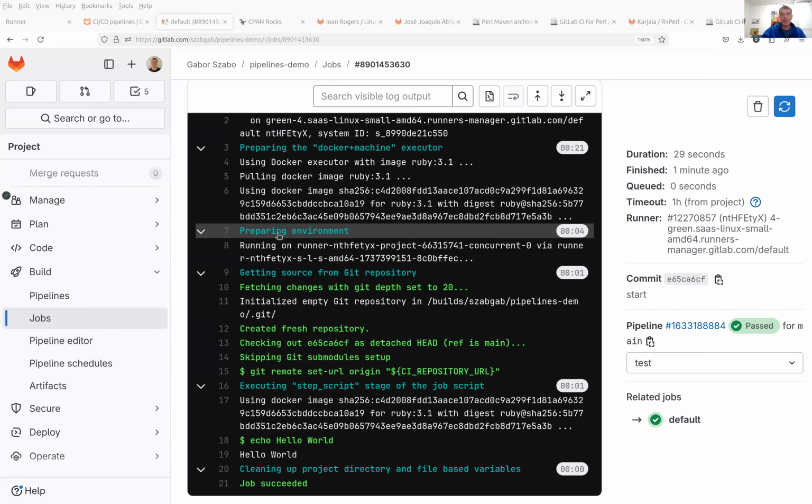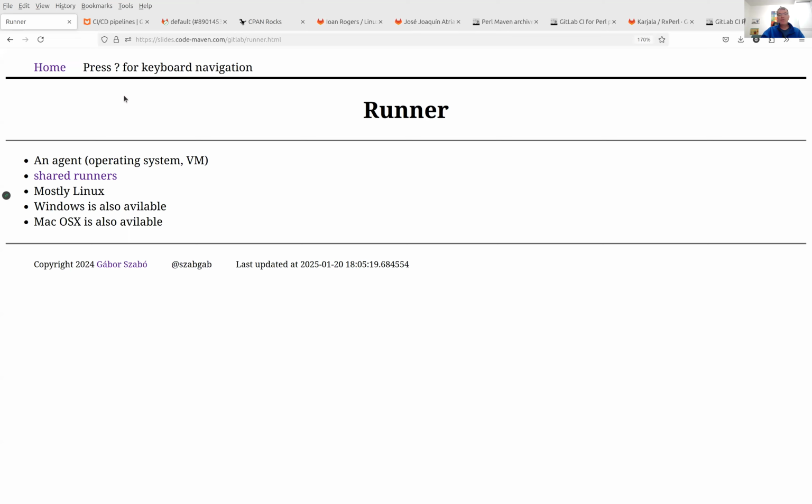jobs or pipelines running. Anyway, so back to this point, we have these runners, which is the virtual machine, I guess, or hardware or whatever, where these jobs can run. And then the jobs are usually actually running inside a container. It's not always, but usually they are running inside a Docker container. And so you have full control of which container,